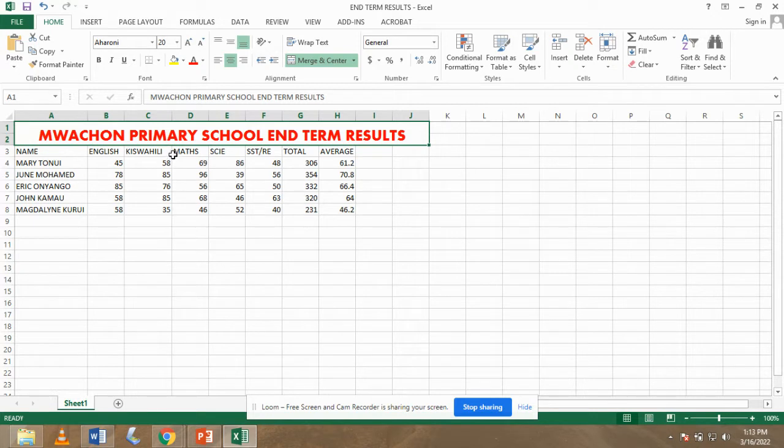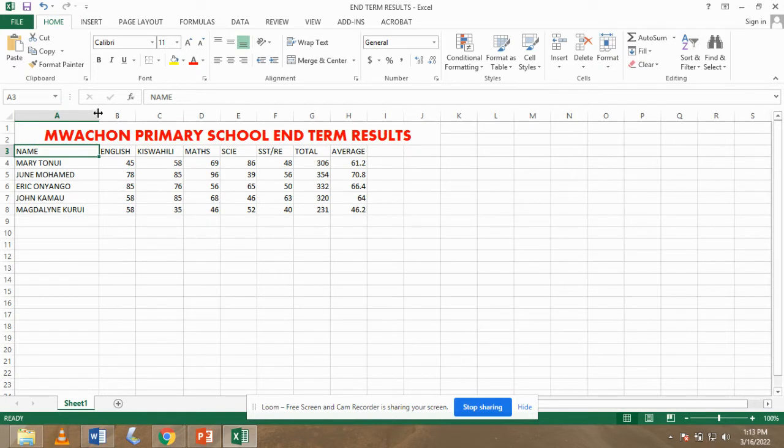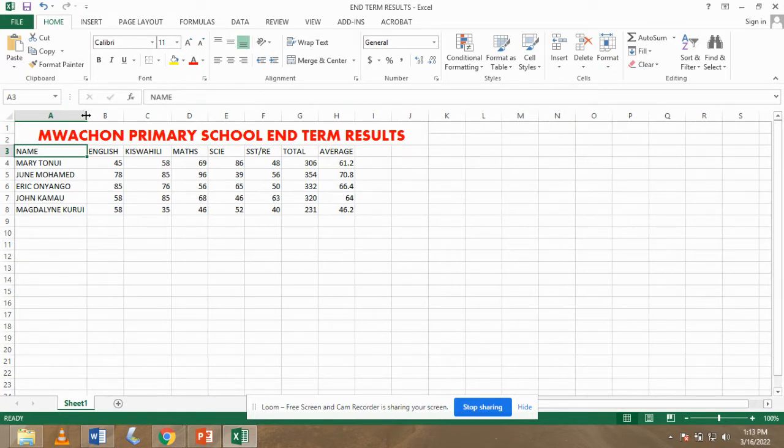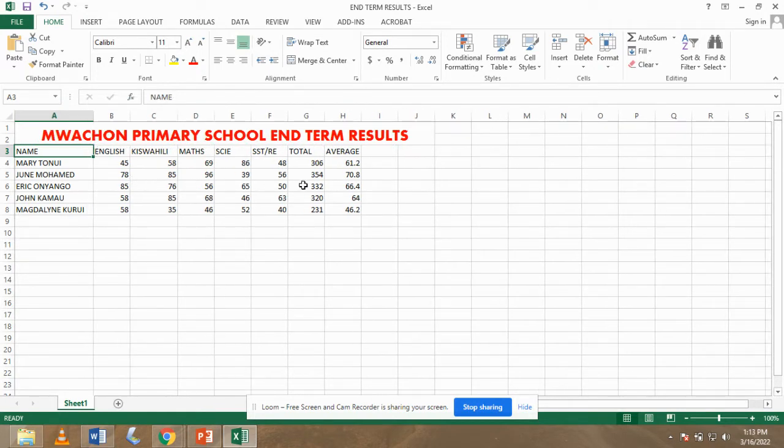We were even able to know how you can extend a column using this feature, and then how you can insert data to total by writing equal